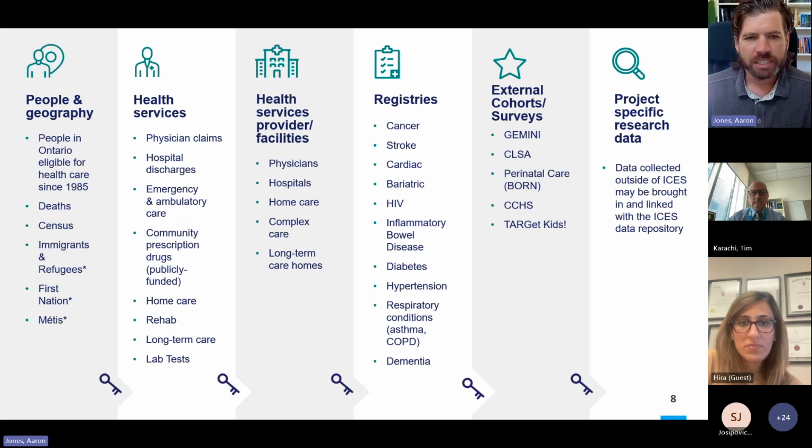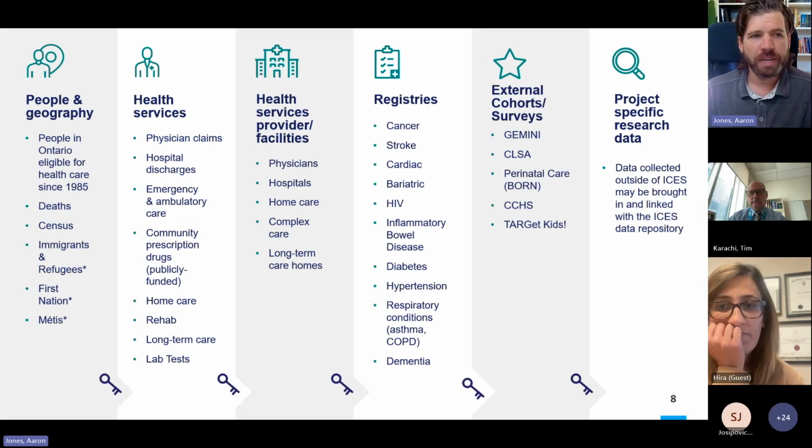So focusing on what data sets these are, we can start with basic demographics. Another great thing about ICS data is how far back we can go. Some of the data goes back, as you can see there, to the 1980s. It's not available for every data set that far back, but some of the basic data sets go back for